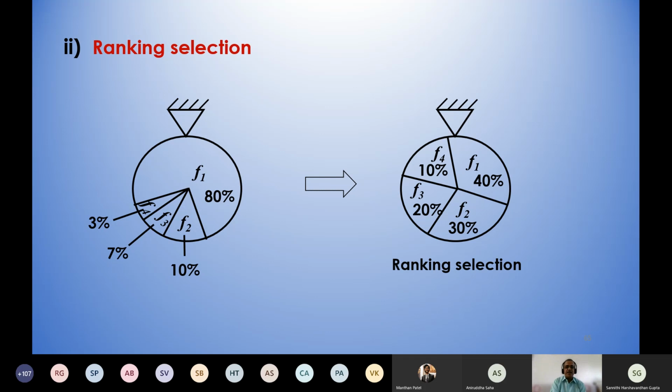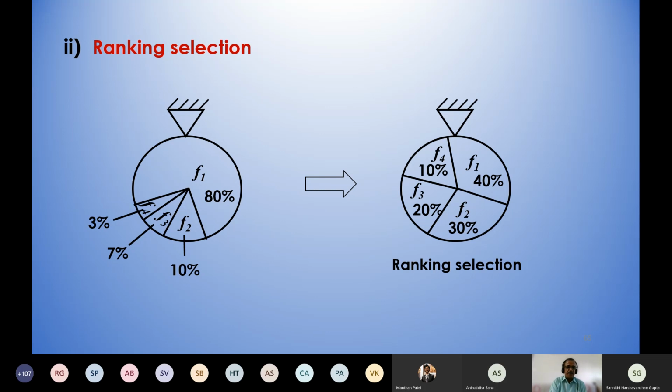Now, we try to implement the proportionate selection according to the rank, but not according to the fitness. Now, if you determine the probability value according to the rank, the worst string, that is your F4, is assigned rank 1. So 1 will be divided by 10 multiplied by 100. So I'll be getting 10%.